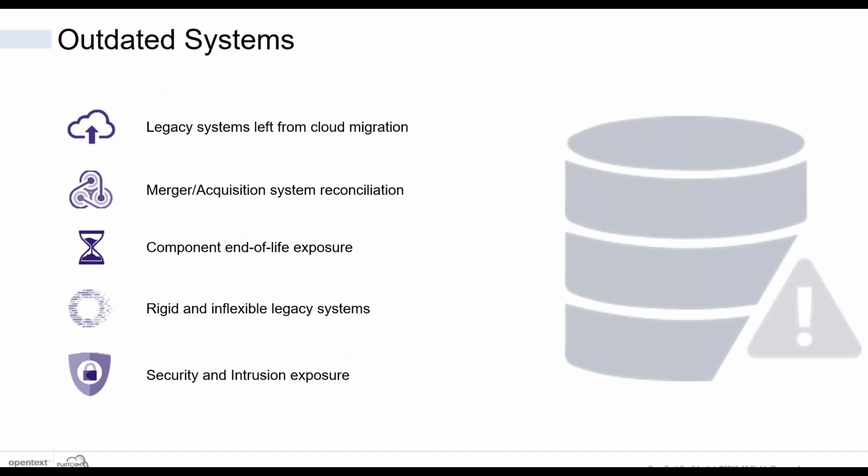And of course, outdated systems just collect with mergers and acquisitions, or they collect over time, as was illustrated in the distorted portfolio. They're more challenging to work with. APIs are not as flexible, and they're more difficult to customize or to modernize. If you think of digital transformation and modernization initiatives, having a collection of these outdated systems, and the need to present one pane of glass to whoever the customer is, whether an external or internal customer, becomes more and more expensive as these legacy or zombie applications proliferate the